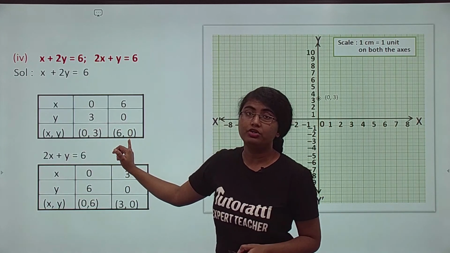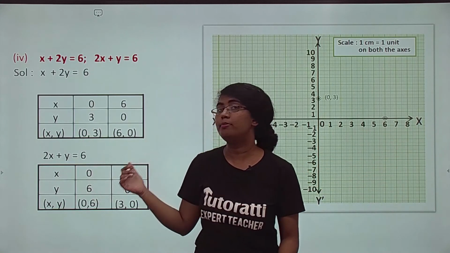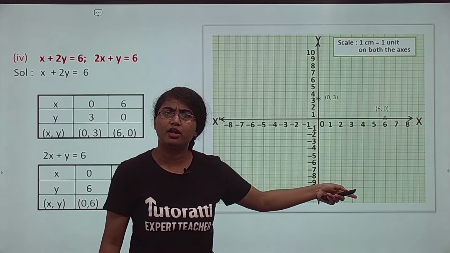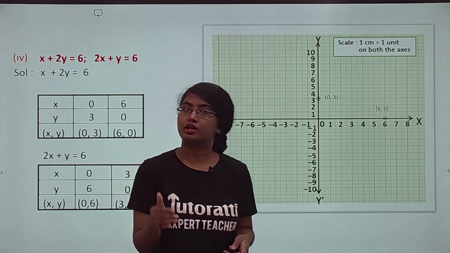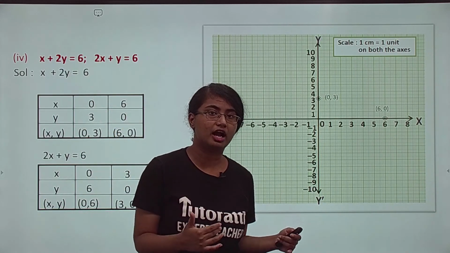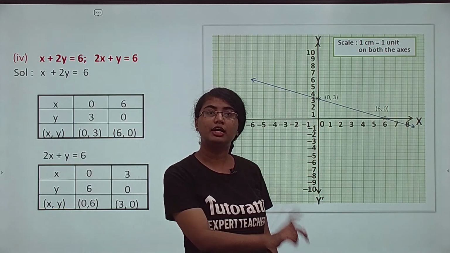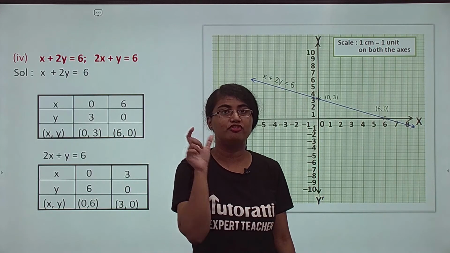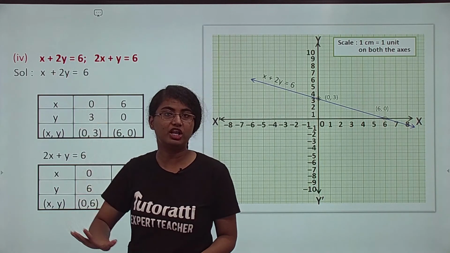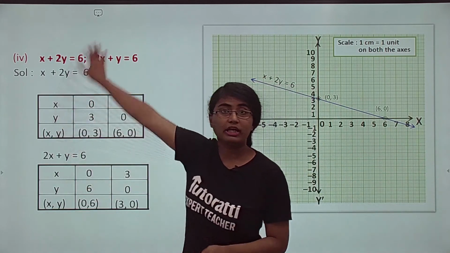There is one more point in our table. Okay, so that point goes on x-axis. 6,0 मतलब the point goes on x-axis. Write down the coordinates. इसका क्या करना है? Now, do you remember when we were introducing the graph concept, we said that simultaneous equation is represented on a graph by a straight line. मतलब इन दोनों पॉइंट से पास होने वाली एक लाइन ड्रॉ करो. Write down the name of the line. What is the name of the line? The equation. The equation is the name of the line. So x plus 2y equals 6 is your line. First table खत्म हो गया.